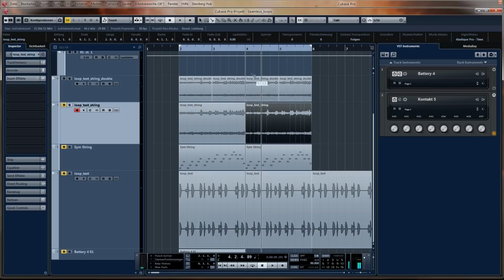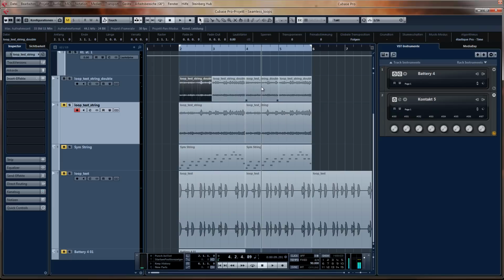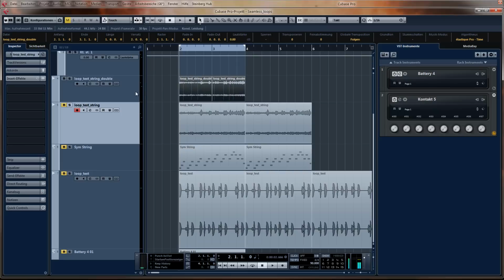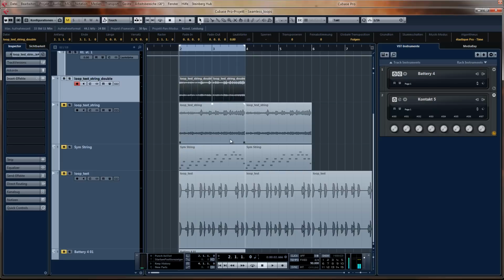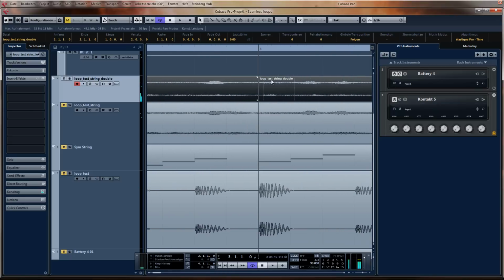and each loop in the middle. So basically I just get rid of the first part and push that forward. So that way we have a loop that loops seamlessly. As you can hear, there is a slight pop